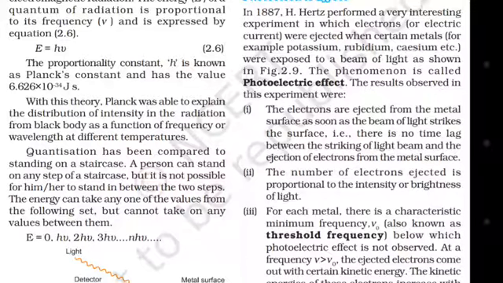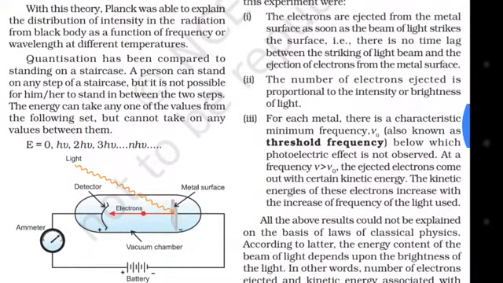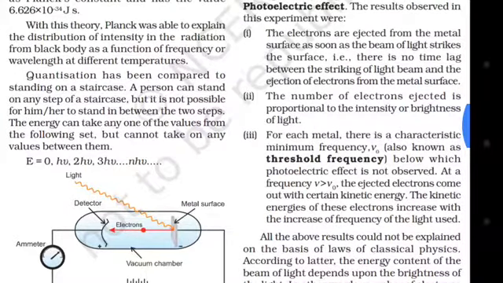What is called the photoelectric effect? In 1887, H. Hertz performed a very interesting experiment in which electrons, or electric current, were ejected when certain metals, for example potassium, rubidium, cesium, etc., were exposed to a beam of light as shown in figure 2.9. The phenomenon is called the photoelectric effect. Okay, understood. The results observed in this experiment were: